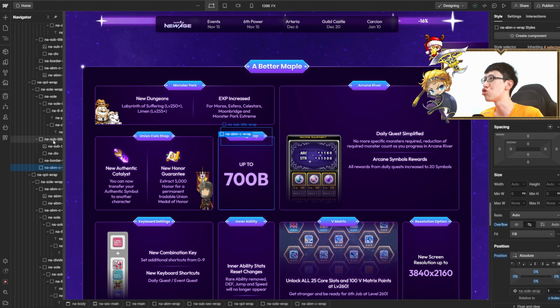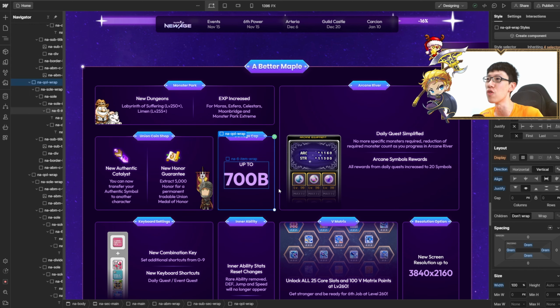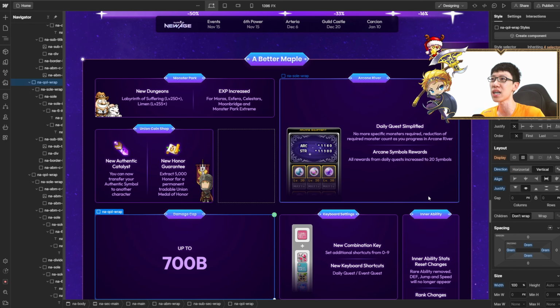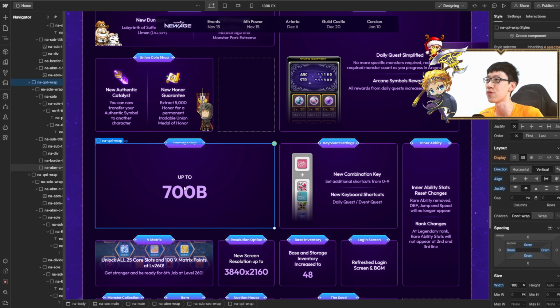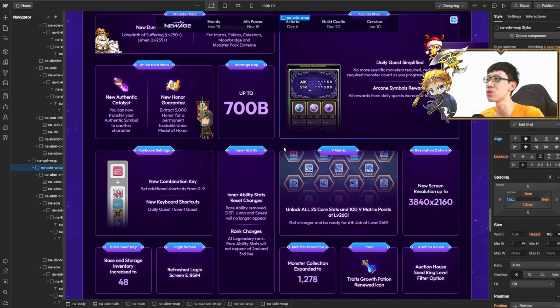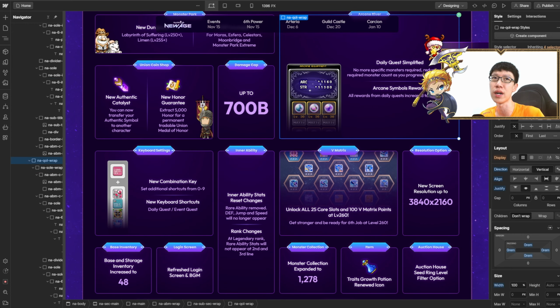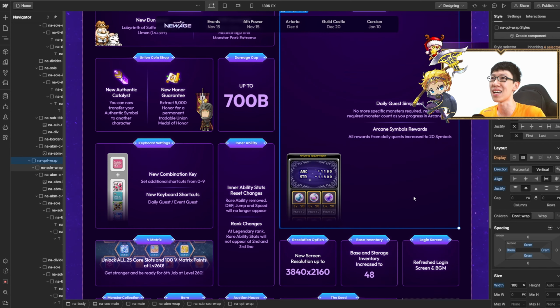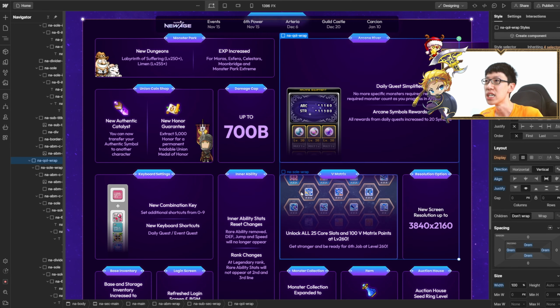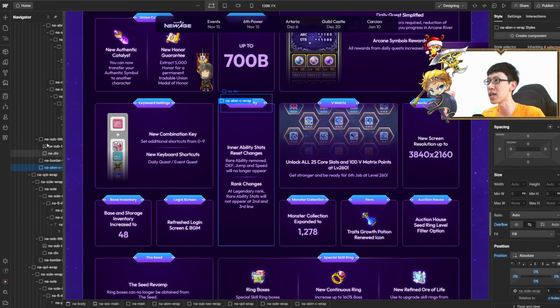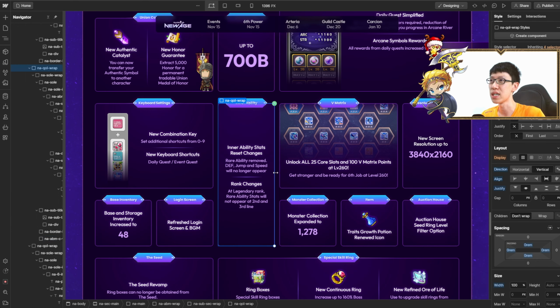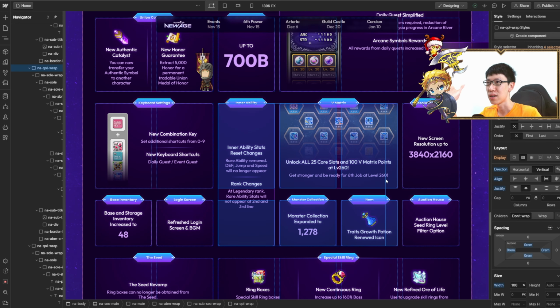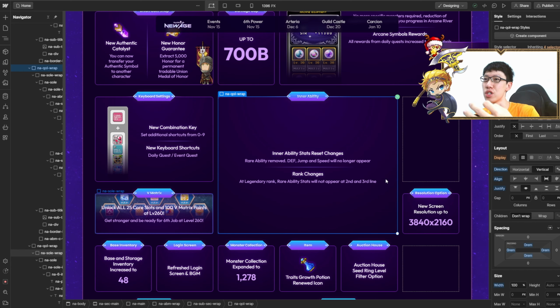Let's just say I want 200 billion over here. I wanted to move into this part. I can just drag, right? I can just drag. You're gonna 700 billion. Alright, I want this to have a little bit more real estate over here, right? I wanted to come down over here, take out the entire section, just drag, alright? So this part requires a lot of trial and error, because sometimes when you're designing and building this, you don't know which part you want to squeeze it into yet. So throw everything in first, then you start to expand and contract and see which is the most important one.